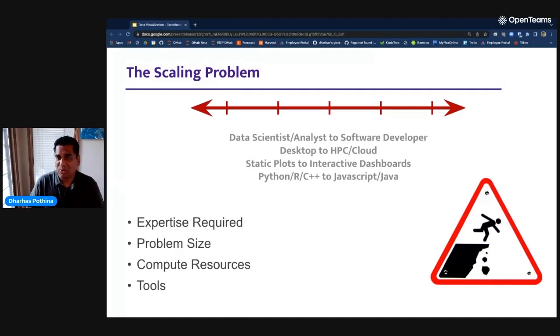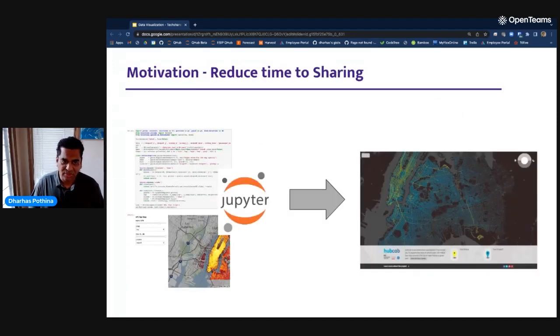And then the whole process stops because the expertise they require to share it with someone, or, we need to write this in JavaScript, put it on our website, becomes such a large hurdle that you end up with a situation where someone uses something like a Jupyter notebook and prototypes a visualization or some analysis,